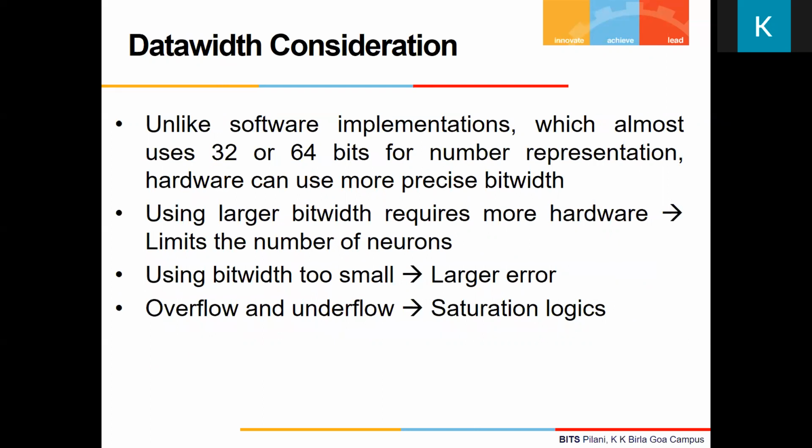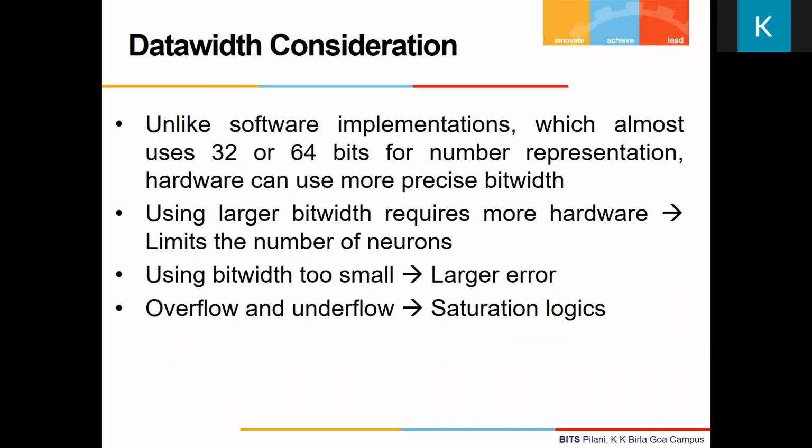Second thing, so last time when I drew that neural net, I showed that some wires are coming inside, wires are going outside. When you do a software implementation, like using some kind of Python package, in most cases, you don't have to worry about what is the specific data type used for this net implementation. In most cases, the package will be using either 32-bit floating point number representation or 64-bit number representation. No need to worry.